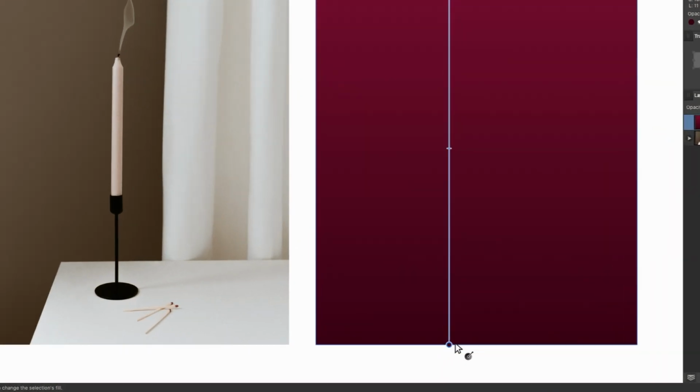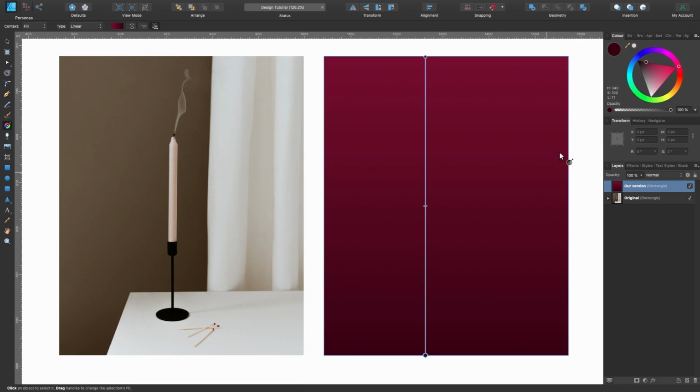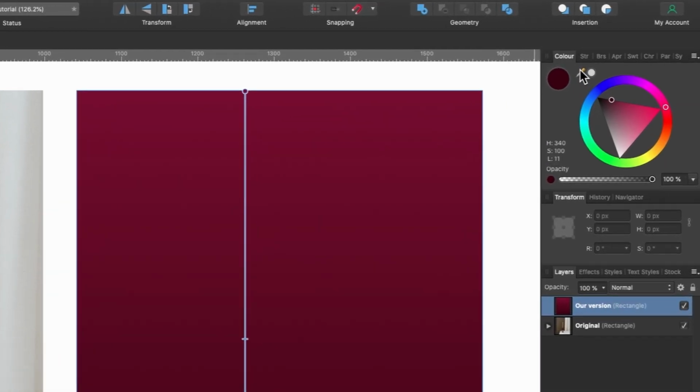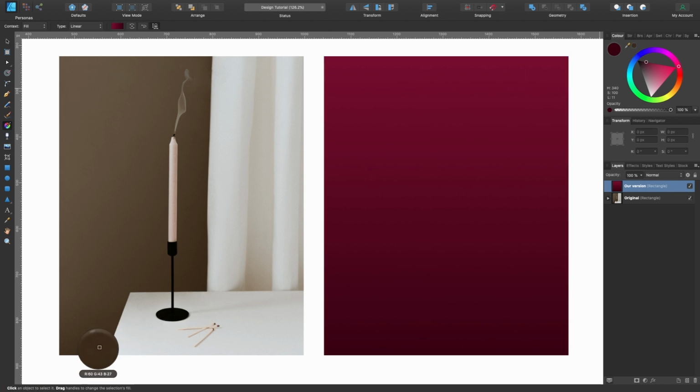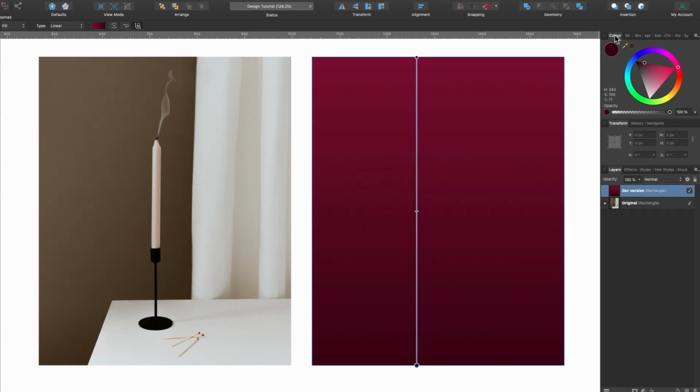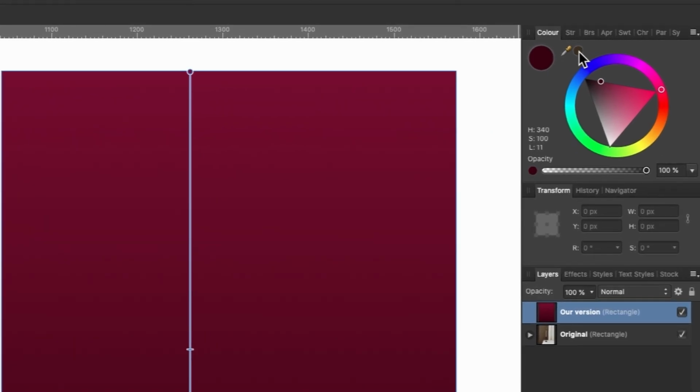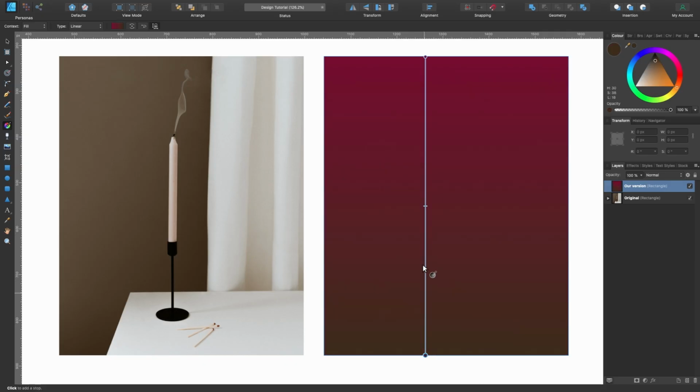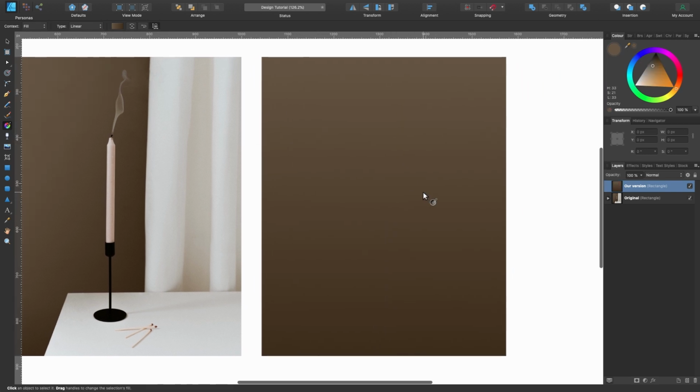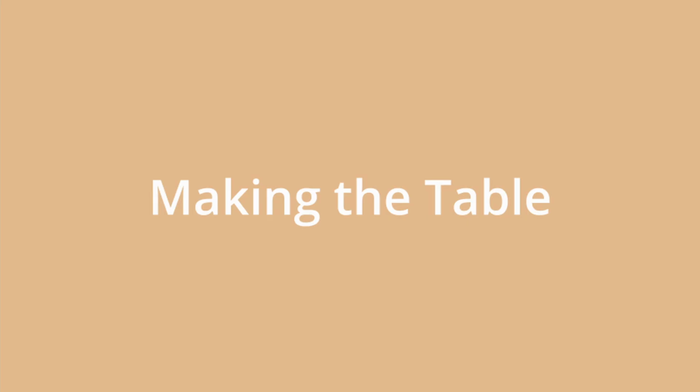Okay, let's continue. So let's choose our colors. I'll click on the bottom one and I'll head up to the color picker tool here. I'm just going to click on that and drag it over somewhere like this. In that little section there, that's the color we've just picked out. I'm going to click on it and you can see it's changed. We'll do the same for the top. There are many ways to go about this. You can create yourself a swatch of all of these colors, which I talked about in one of my other videos, but today we're just doing it by eye. So I'm going to click on the top one, color picker tool again, and I'll choose the lightest section here. And there it is. So we'll just leave it like that for now.